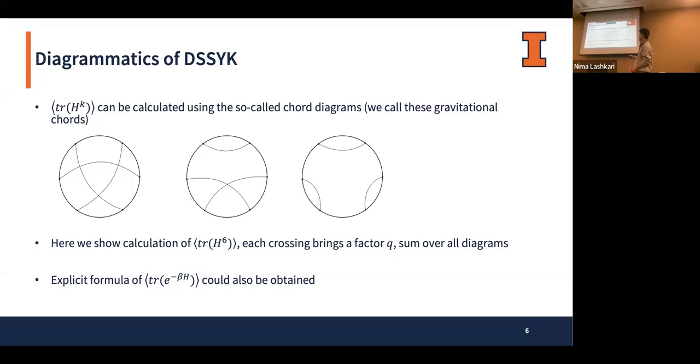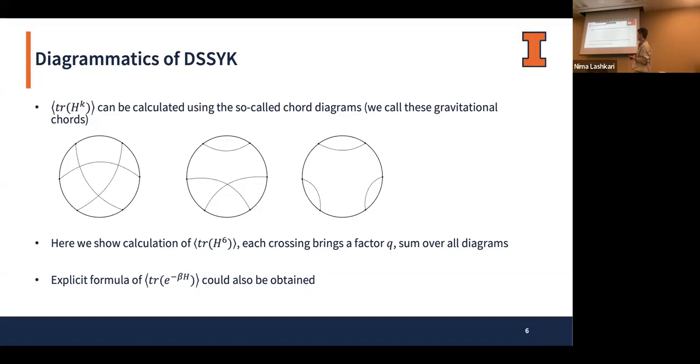And for each diagram, you count the number of crossings. This has 3, this has 1, this has 0. And for each crossing, there's a factor q. If you remember, q is just e to the minus lambda, and it is a number smaller than 1. So this is q cubed, this is q, this is 1. And now, you just sum up all possible diagrams to get the value for this,